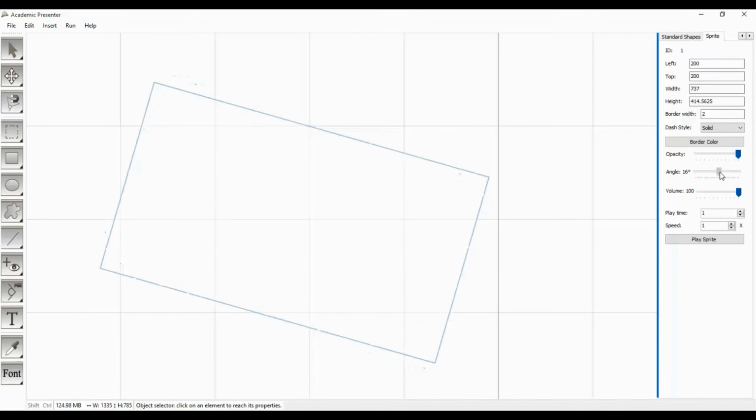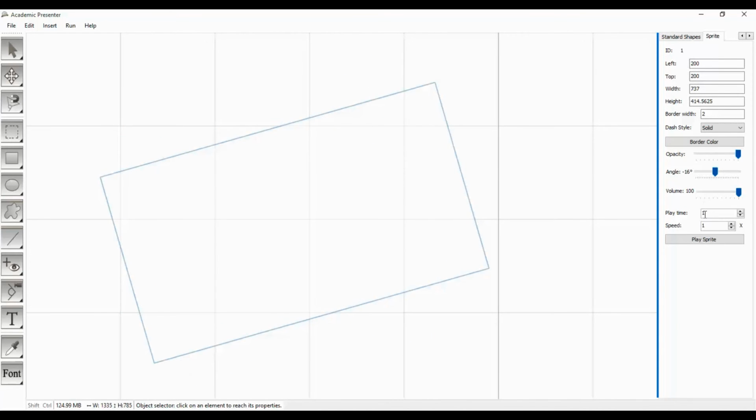Now let's get into the control properties you have on a sprite. Playtime determines how many times your video should be played. Choosing a large number can create loop effect. A speed specifies playing speed. Choosing large numbers can cause a sprite finish faster. Eventually, to be sure about output, we may play the sprite.